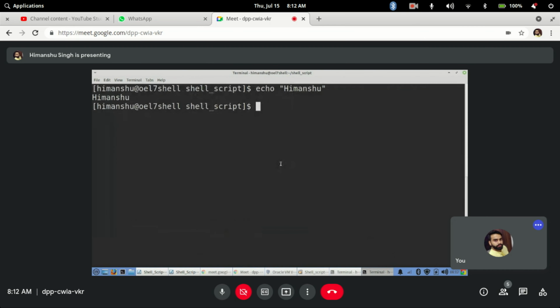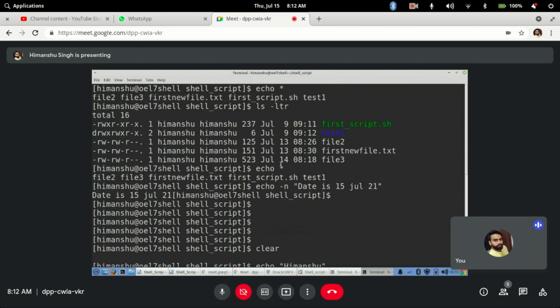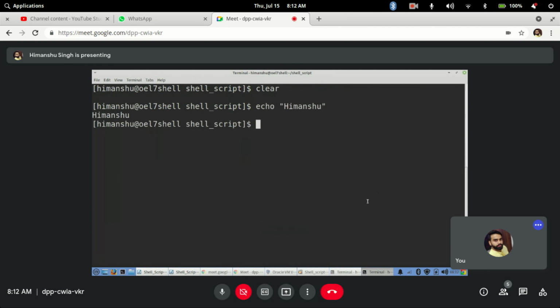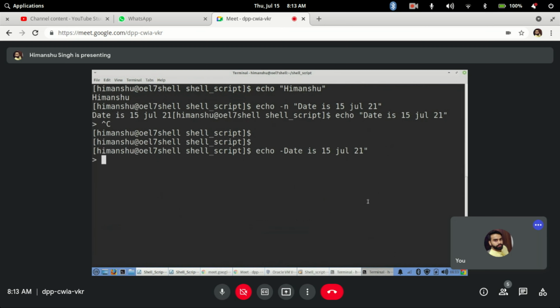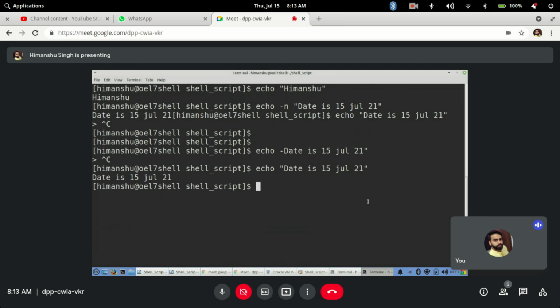But let's say I printed earlier, date is 15 July 21, right? What I have done is hard coded that value. Let me remove this. I have hard coded this value, but I don't want this to be hard coded.